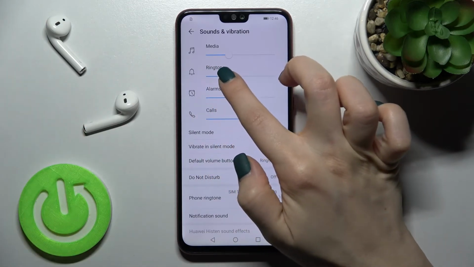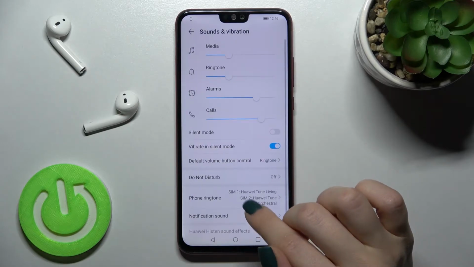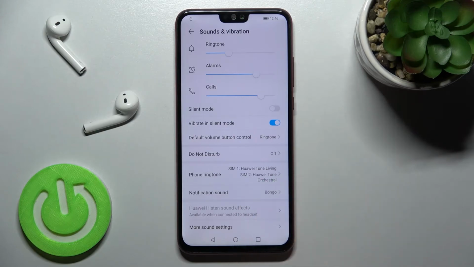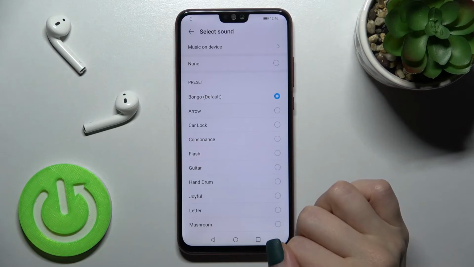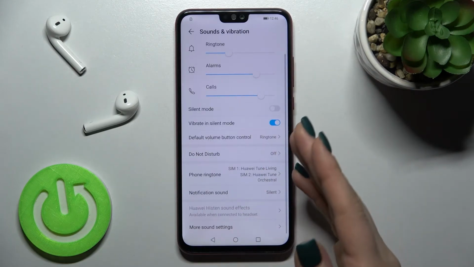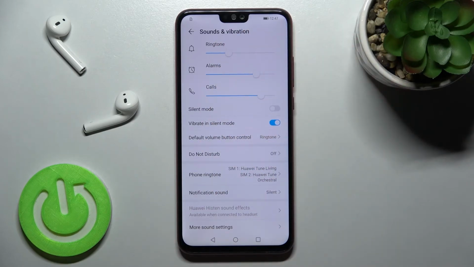So I suggest you go with another way. Here we've got the notification sound, and you should tap there and switch your current notification sound. Just choose none, and this way you can mute only your notifications and stay with the ringtones. So that's how it looks,